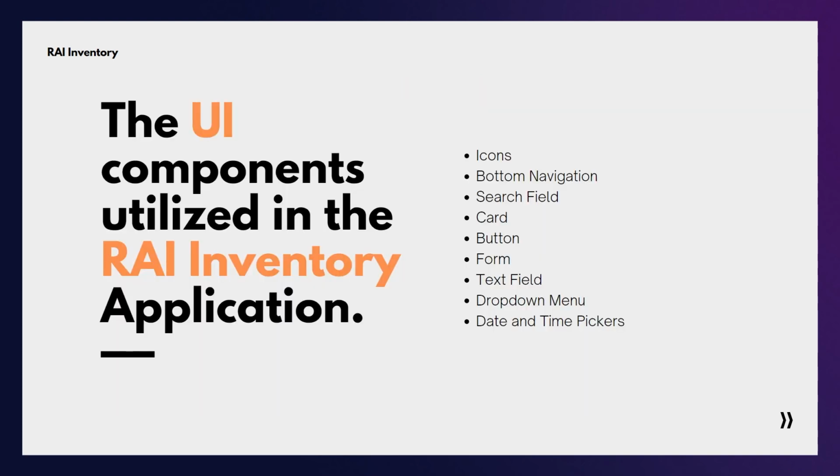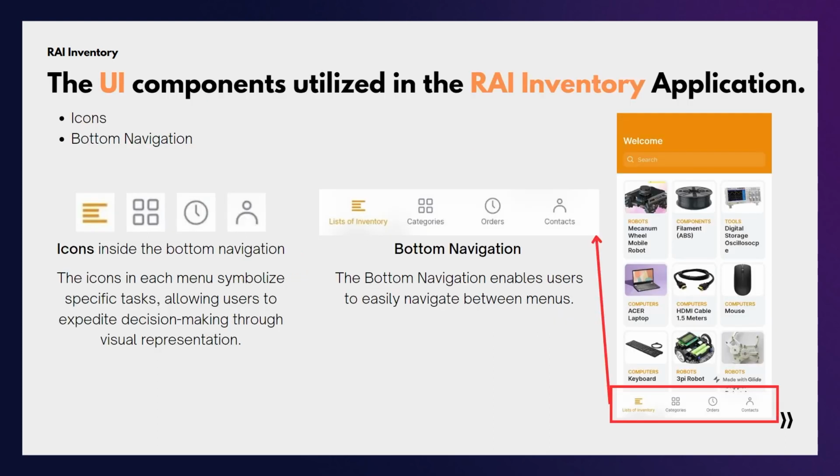The UI components utilized in the RAI inventory application are icons, button navigation, search field, card, button, forms, text field, drop-down menu, and date and time pickers. Let's get started with icon and button navigation. For the button navigation,